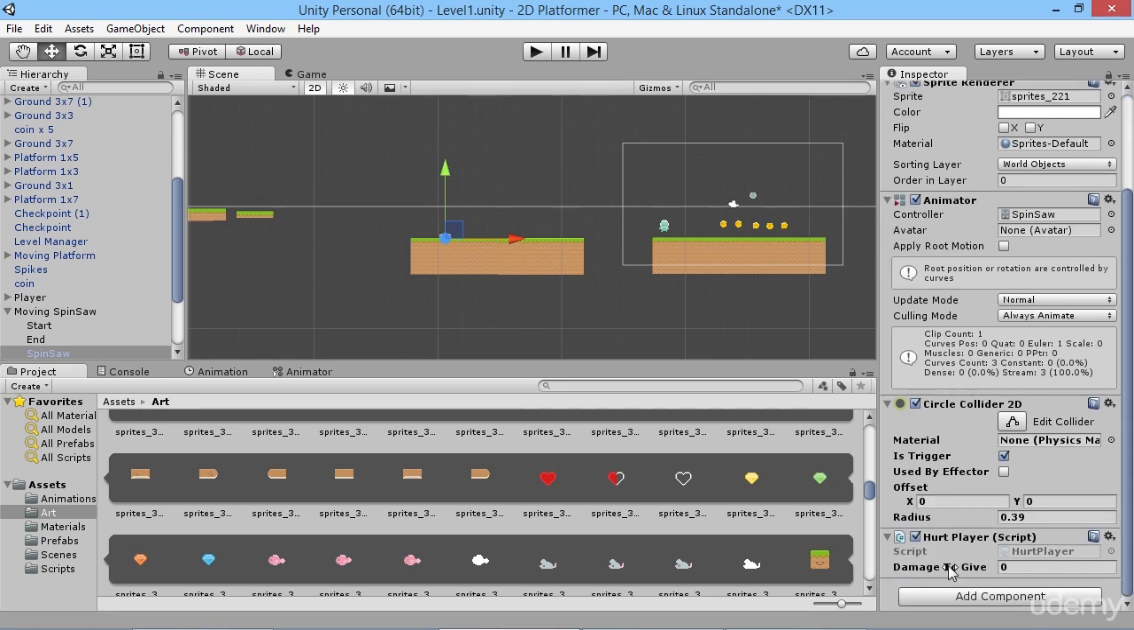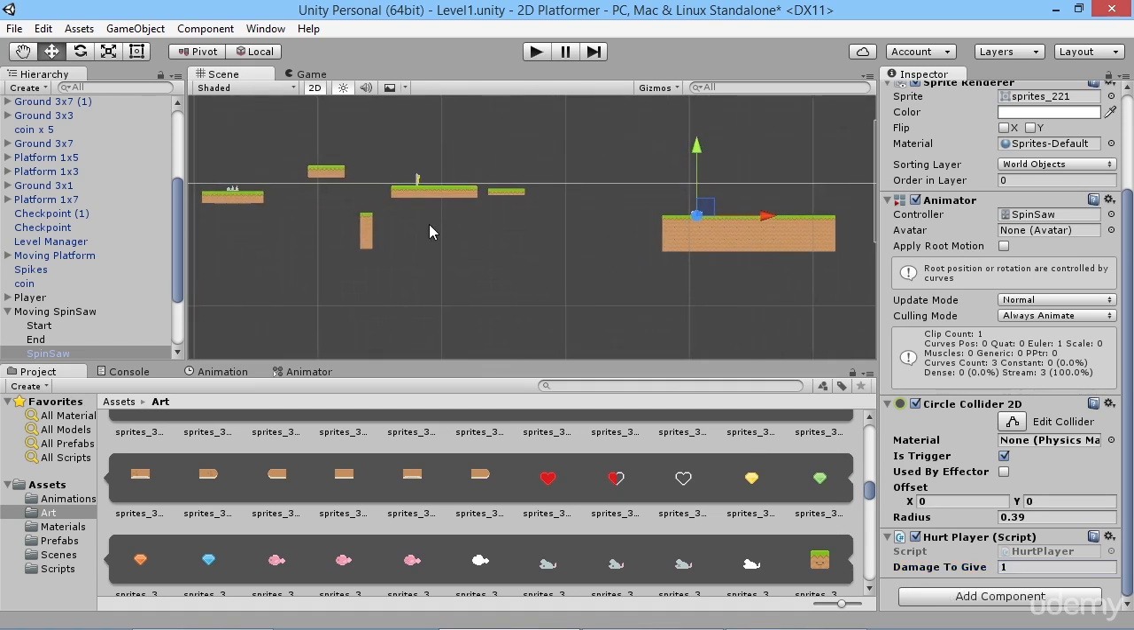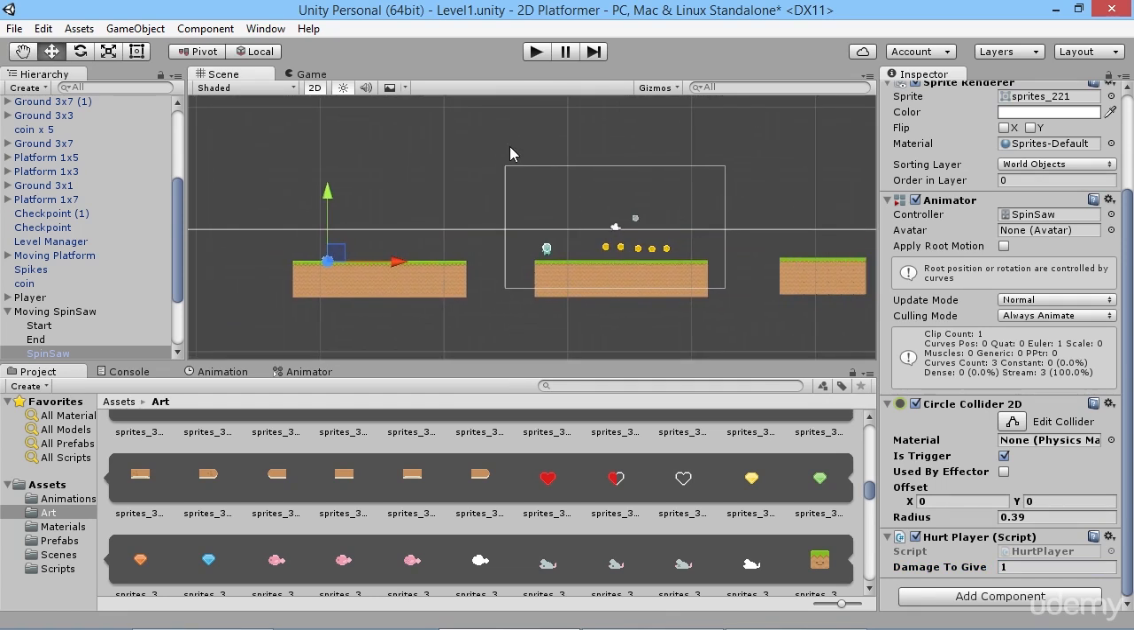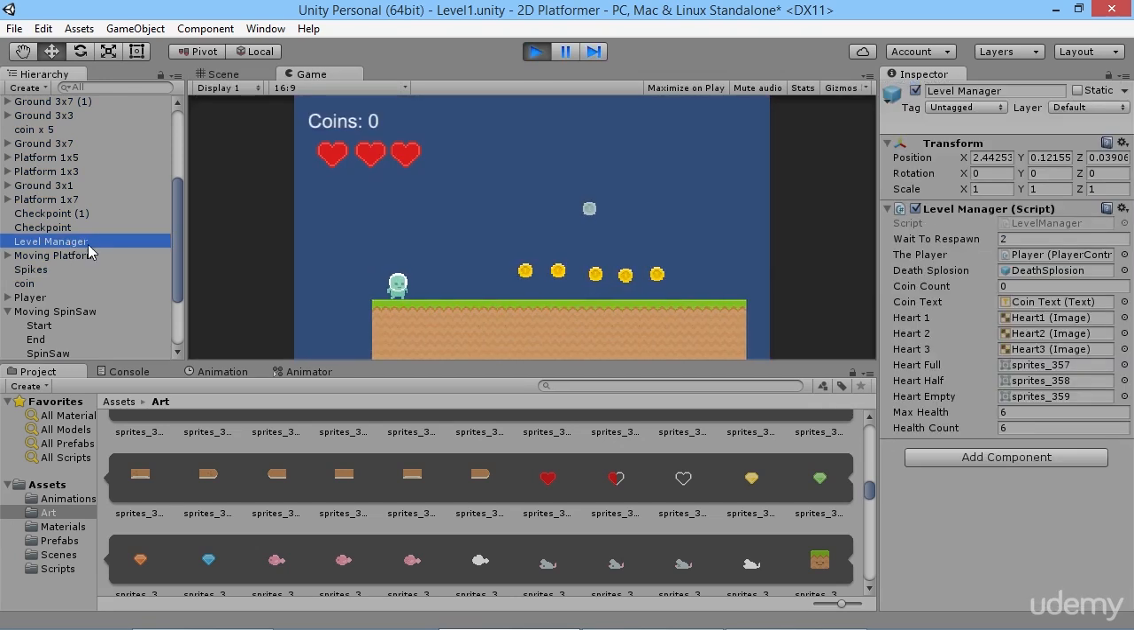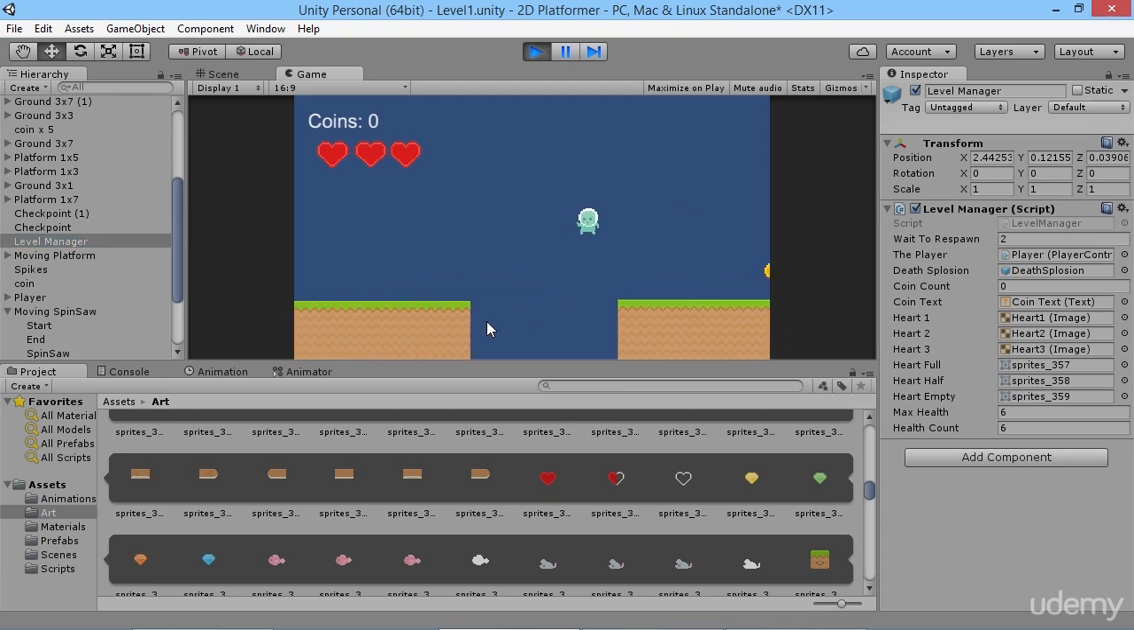If we scroll down on our hurt player script, we have a value of damage to give. So let's say that this guy is only going to do 1 damage for now. We probably want to do a lot more than that, but for now 1 is perfectly fine. So now if we hit play, we're going to play the game, and we're going to have our level manager selected so that we can keep track of how much health count we have. And if we jump and not quite make it there,